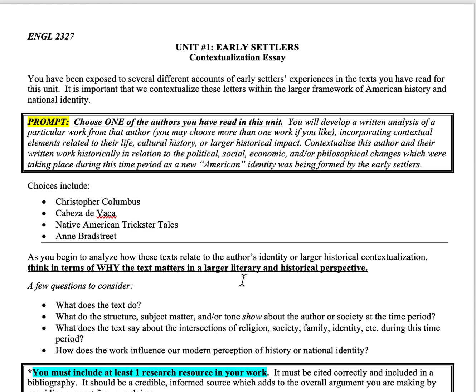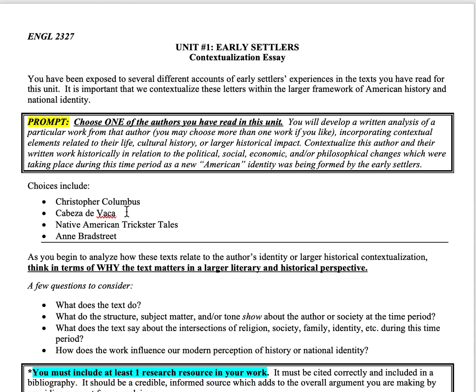But the purpose of this prompt is to keep it broad so that you guys can write about something that is interesting to you. Now, if you are covering something like Columbus's letters, make sure you keep your argument narrow and focused. So the thesis statement should make an argument about those letters. So you don't just want to say something like Columbus wrote letters and they were very important. That's not an argument. That's a statement of fact.